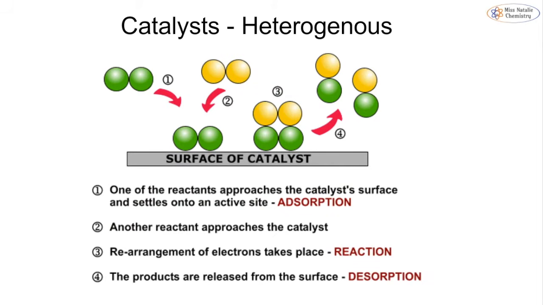So let's look at what that actually looks like. One of the reactants, in this case our green reactant, is going to be adsorbed onto the surface of the catalyst here, and that's step 1. Step 2 is the yellow molecule approaching the green molecule, and then we get the reaction taking place in step 3. So you can see that we're forming our products here, and that is forming bonds here and breaking bonds here. And then once the products are formed, they are desorbed from the surface, and they are then released back